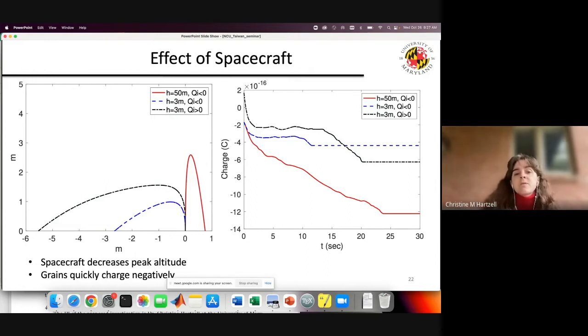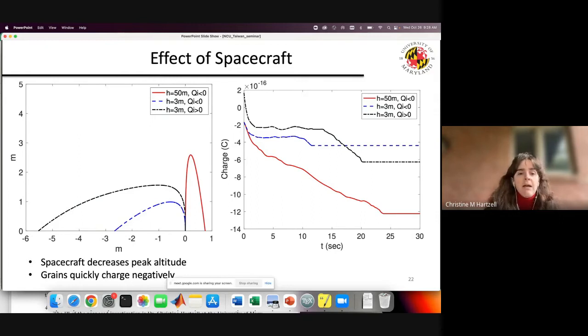In order to do this, what we did was we compared the case when the spacecraft is 50 meters above the surface to the case when the spacecraft is 3 meters above the surface for the solar incidence angle of 76 degrees. When the spacecraft is 50 meters above the surface, it's so far away from the surface that the surface basically doesn't know that it's there. Any charge from the spacecraft is shielded out by the plasma between the spacecraft and the surface. In this case, we see that a particle is lofted from the surface and then has this short hop before